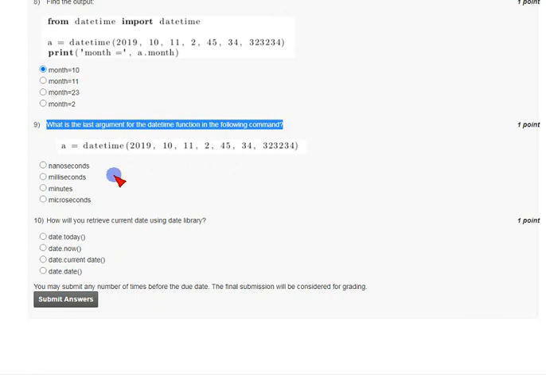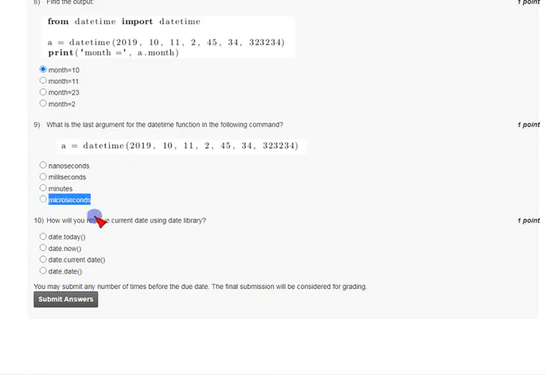So the answer is microseconds, because year, month, day, and minutes, seconds, milliseconds, microseconds.